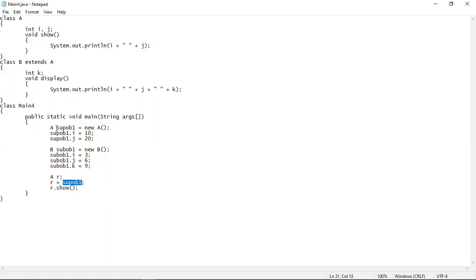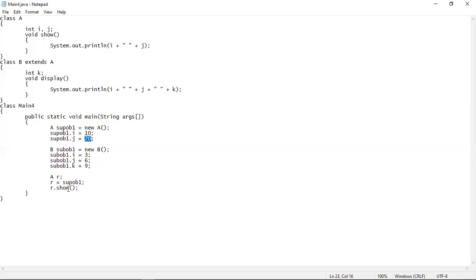Now you can see that sup ob1 is the object of the superclass, and R is the reference variable of the superclass. So no type mismatch is there. If you use the R reference variable to call the show method, then this show method will be called with these two values, 10 and 20.